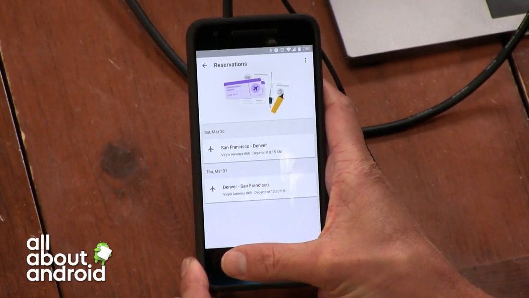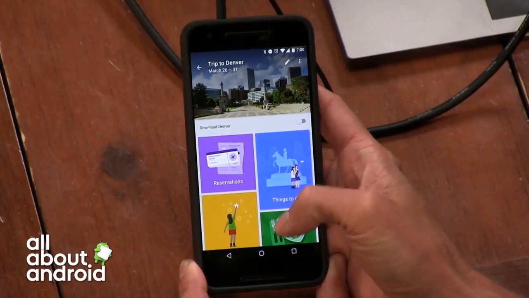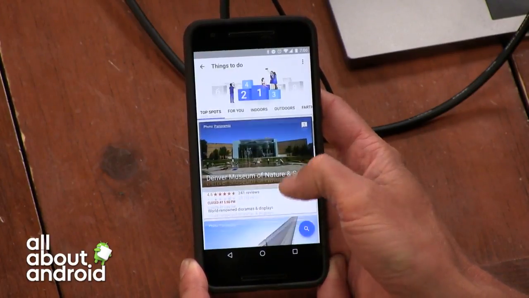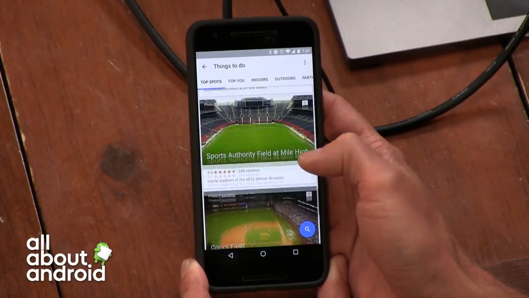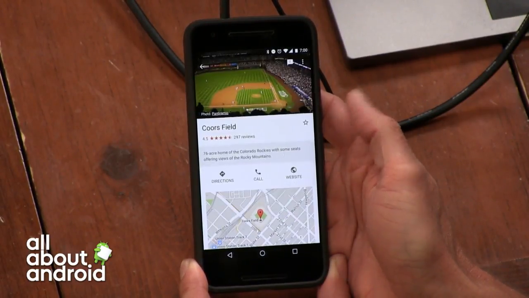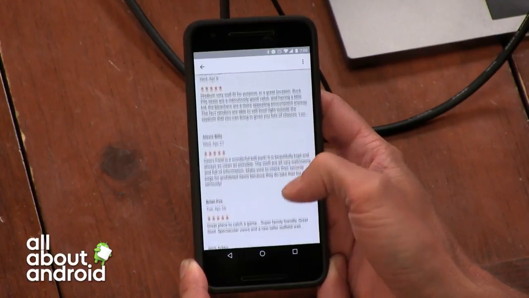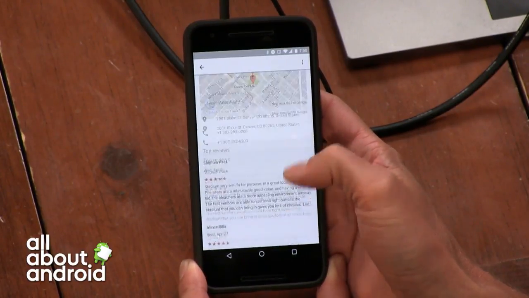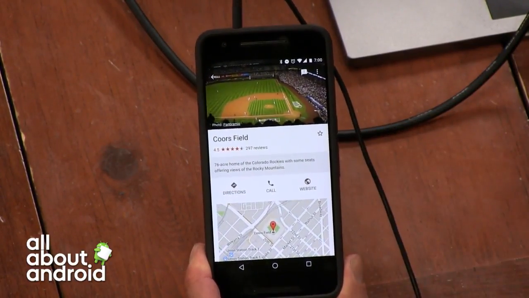But this is interesting because it reminds me of Google Photos. Every time I come back from a trip, it says, here's your trip, and it pulls together my photos from the trip. It's almost like the flip side of it: we know you're going to the city, here are some suggestions. I kind of like it. That's pretty cool. And obviously it records past trips.